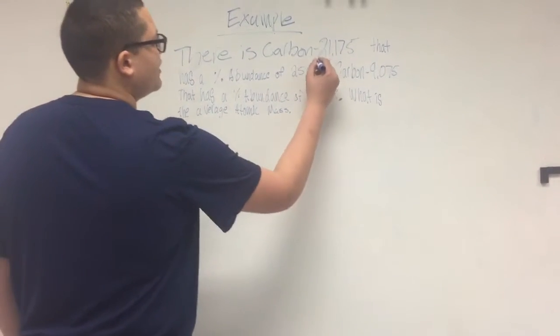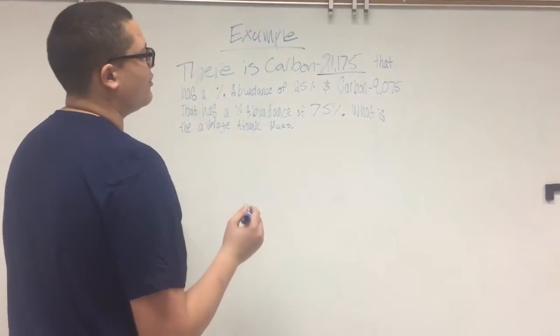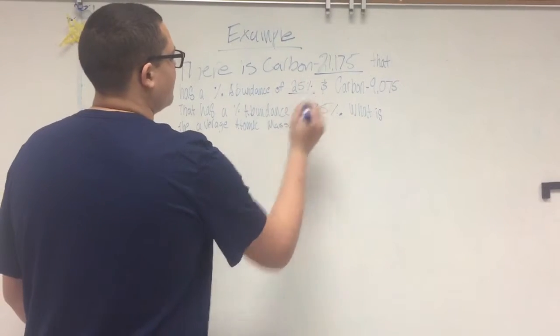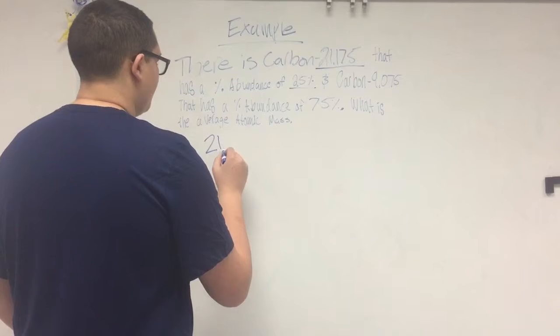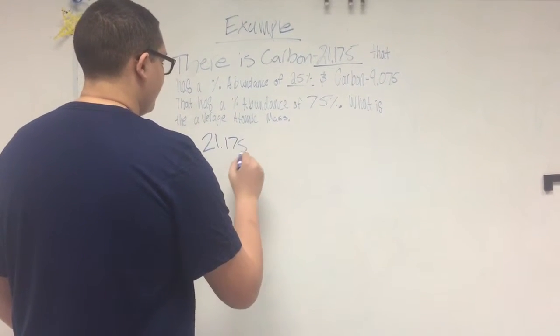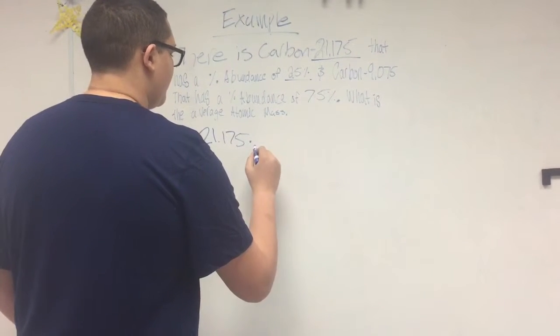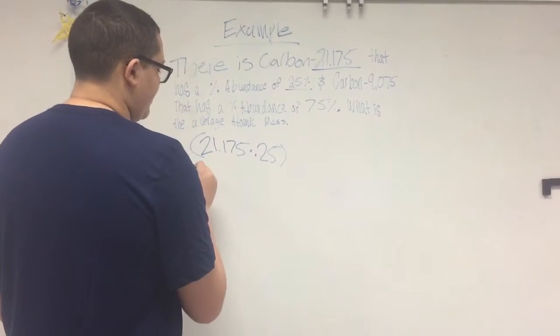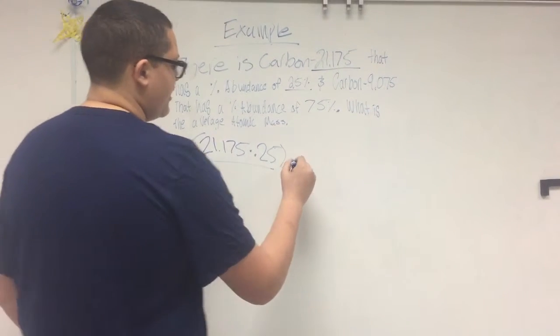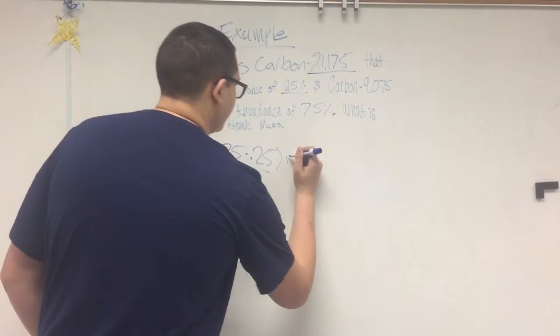So, carbon 21.175 has a percent abundance of 25%. So, you write 21.175 times 0.25. And that's the first part of the equation. Then you have plus